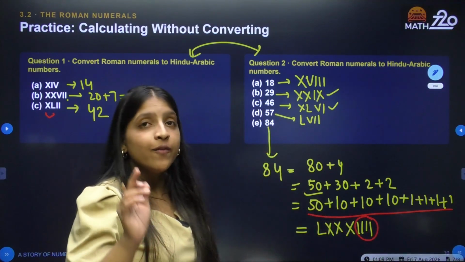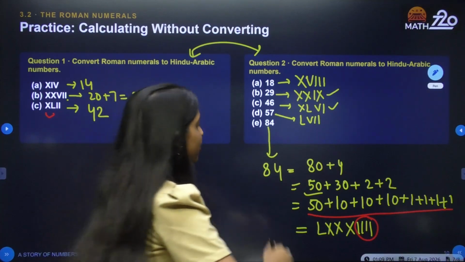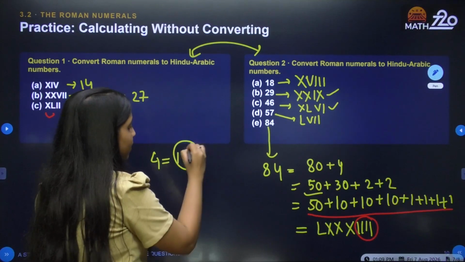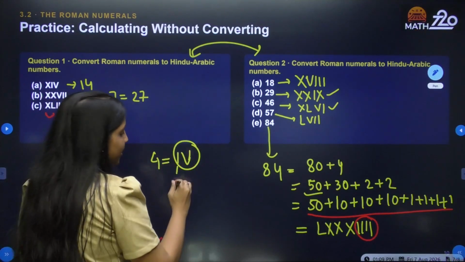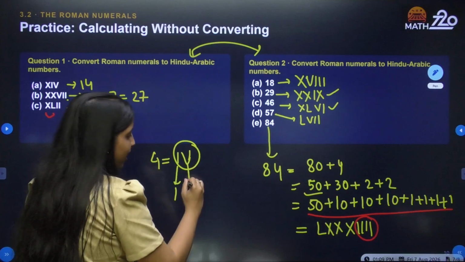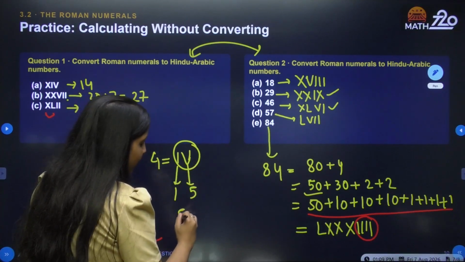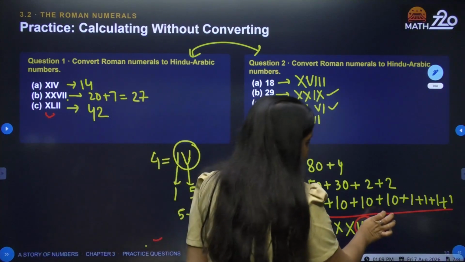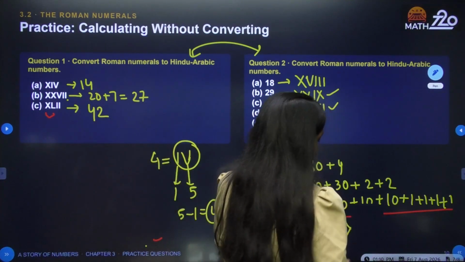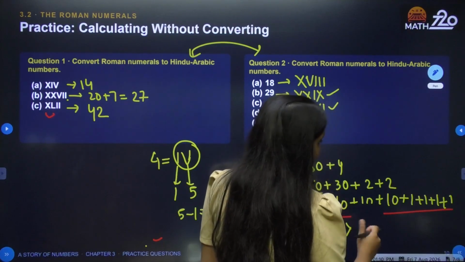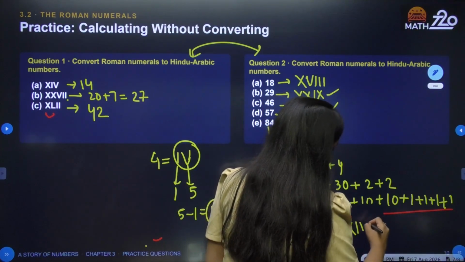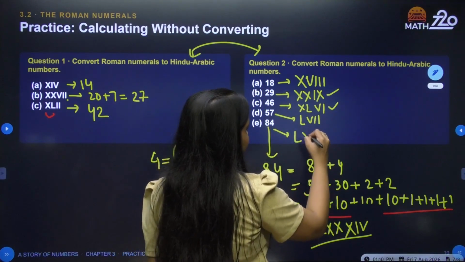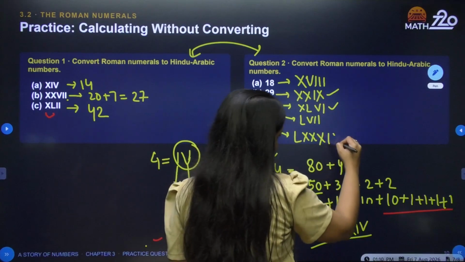No. If you have watched my previous session again, you know that the Roman numeral of 4 is this. Why? Again the same concept, guys. The first number is small, the second number is high, so we will subtract it like this. So it will become 4. So this is the Roman representation of 84, that is L triple X IV.